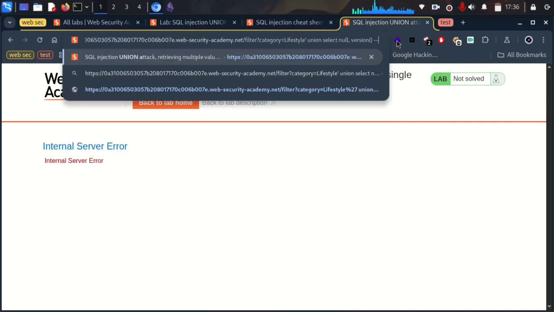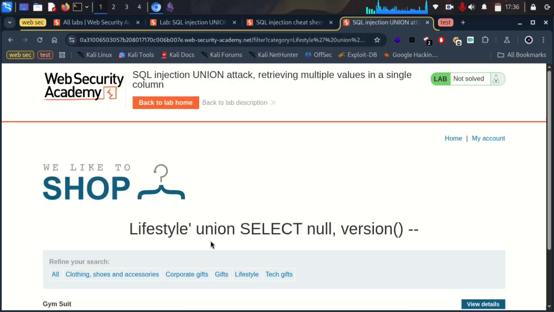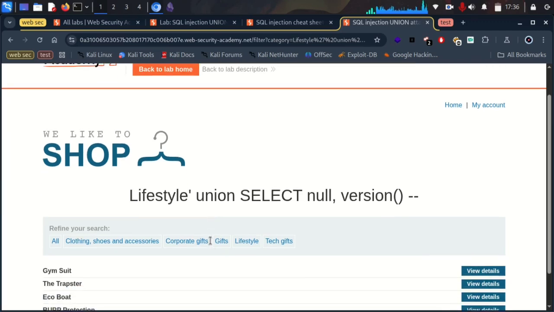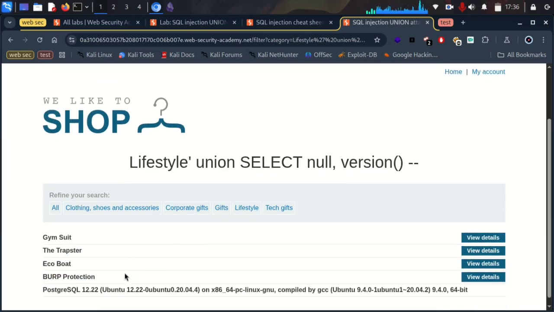We are going to say null, comma, slash version. So if I press enter, voila, you see that we have our 200. Okay. And if we scroll down, they are telling us that this is PostgreSQL and this is the database that the application is using. Now, after understanding the version of the database, this is where we can go back to